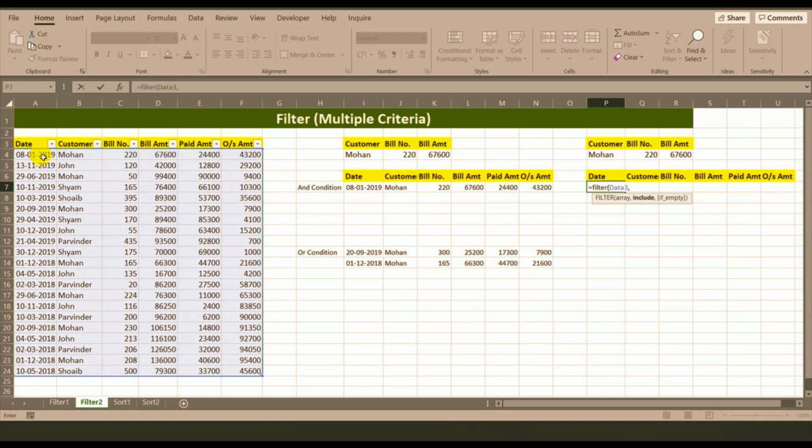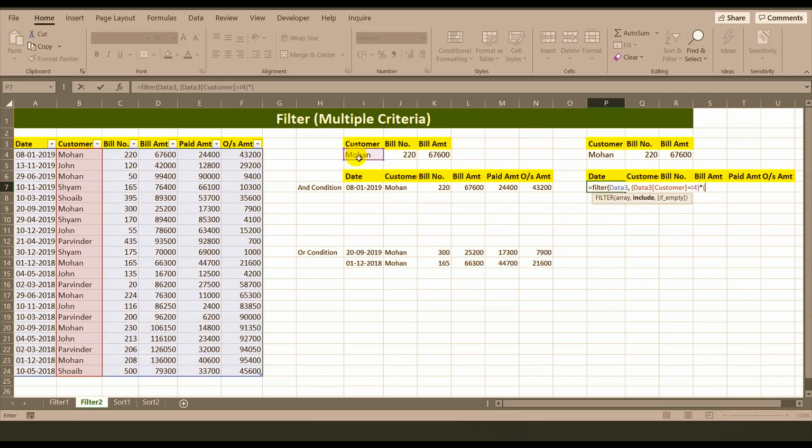Now we want to use two criteria. One is based on customer, second is based on the bill amount. So we will put bracket and we will select the customer area and is equal to Mohan. Now bracket close. Now we will put asterisk mark.